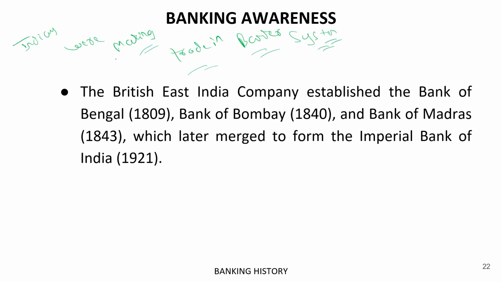Even the Europeans other than the Britishers, like the Portuguese and the Dutch, were also following barter systems when they were doing trade. Let me give an example. The Portuguese, the first Europeans to arrive in India, were exchanging their gold and silver